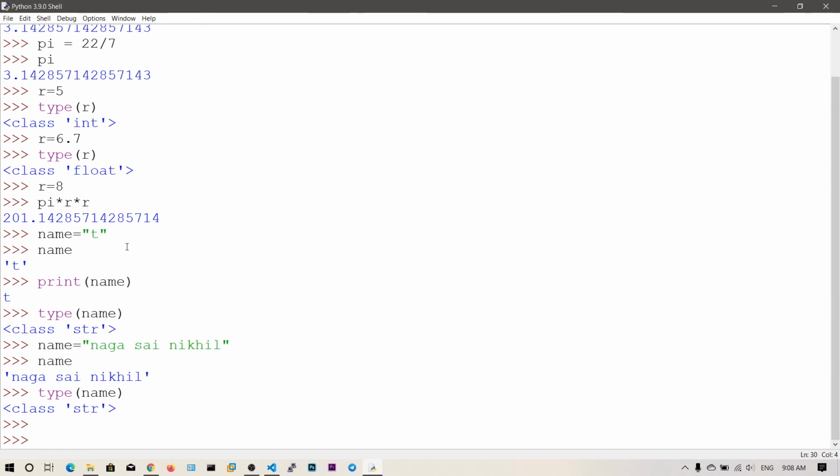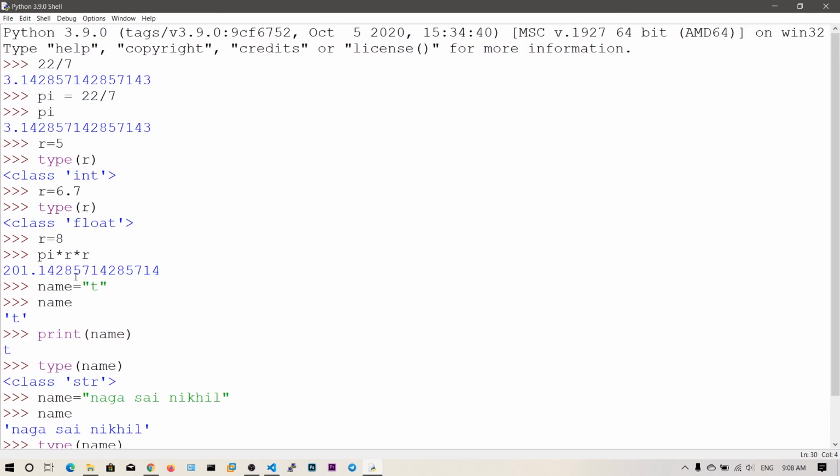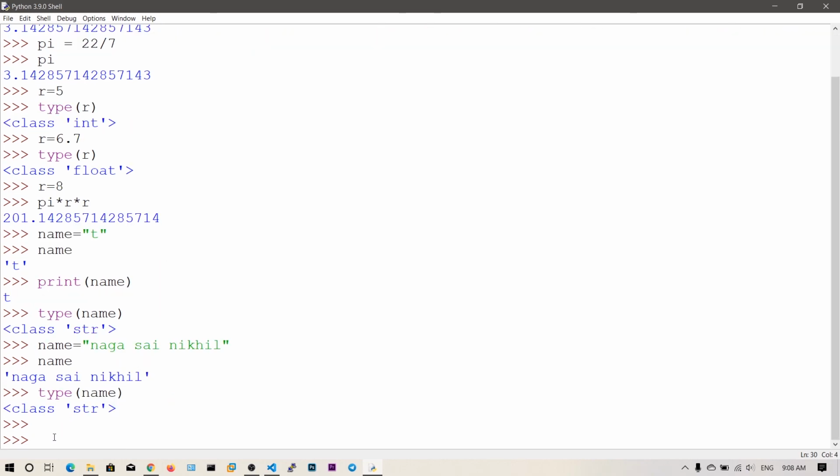So that's all about variables. We have covered float, integers and strings. These variables just hold some value so that you can use them, say pi, instead of this long number. That is the use of variables. You can use them anywhere in the code once you assign the value to them. This makes it so much easier, because we cannot memorize all these values. You can just say area is equal to pi r square, and it will show this value.